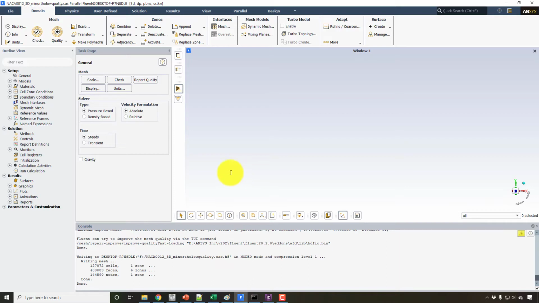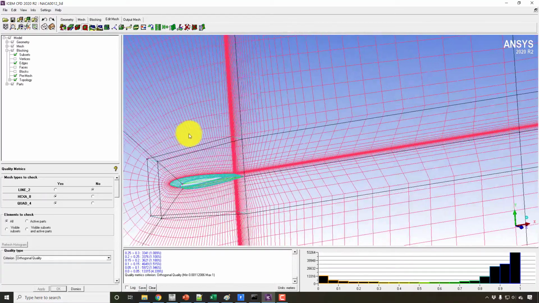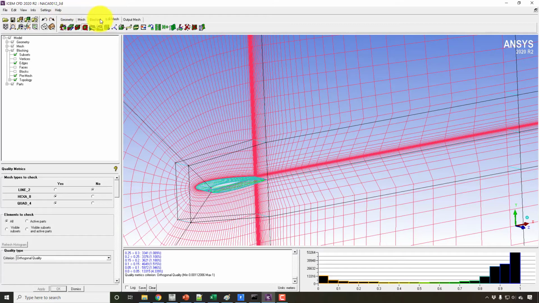Now let me show you how you can correct or rectify this problem in ICEM CFD. Just open ICEM CFD, and then from the Edit Mesh menu, the fourth option is Display Mesh Quality, and from here you can display the orthogonal quality, which is almost the same as we see in Fluent.